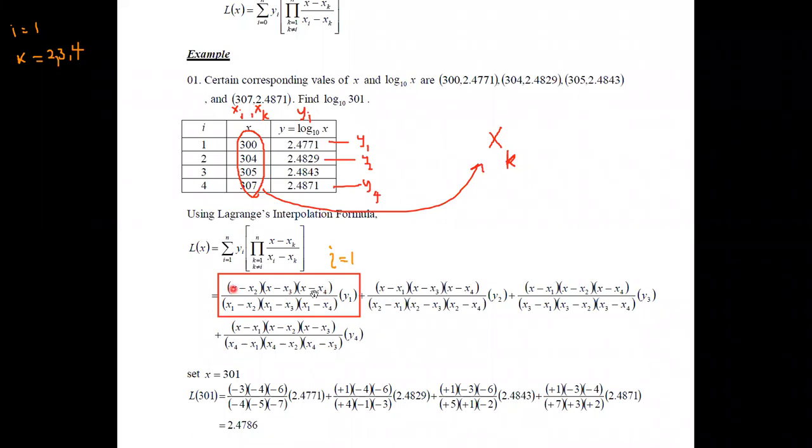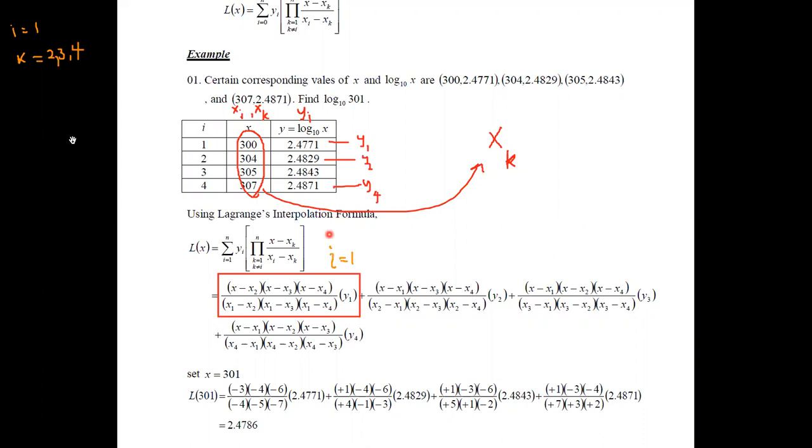Therefore, what you have written in the denominator, you have to substitute x1 instead of x, or the other way around. It would be quite easy. First of all, you are identifying the value of x and the value of i. Then accordingly, you are obtaining the values suitable for k. Here the suitable values for k were 2, 3 and 4. Therefore, we have identified the denominator first. In the numerator, you have to rewrite the terms just replacing this x1 with x. And then this has to be multiplied with y1, the value that you are associating with this point.